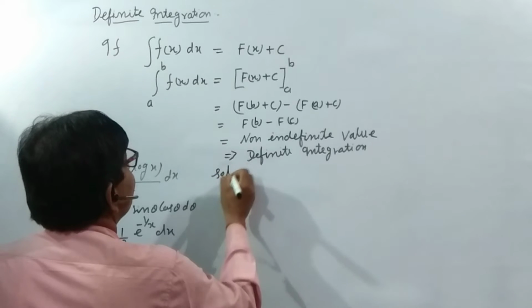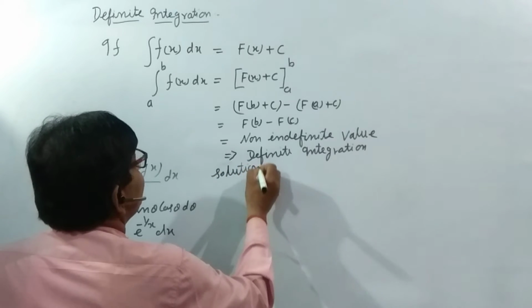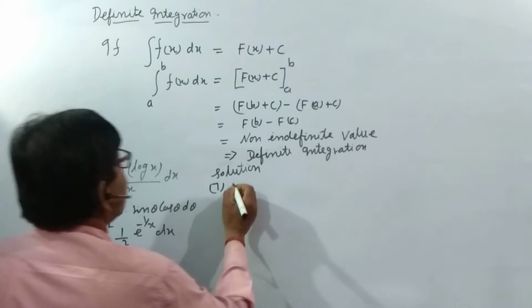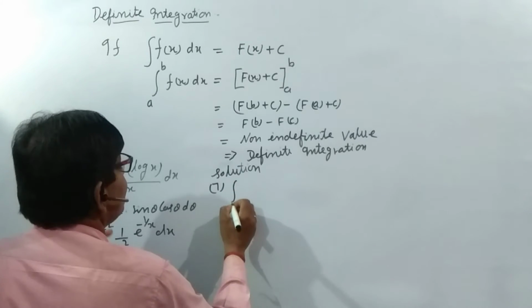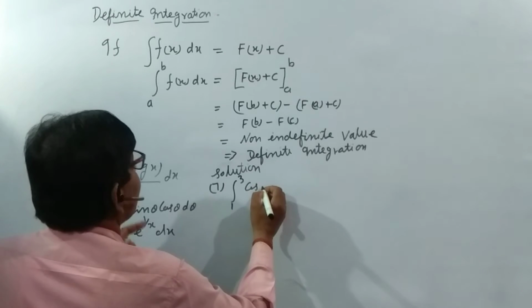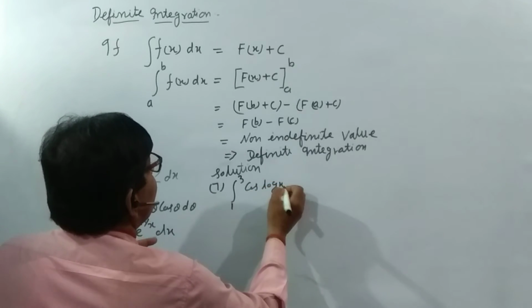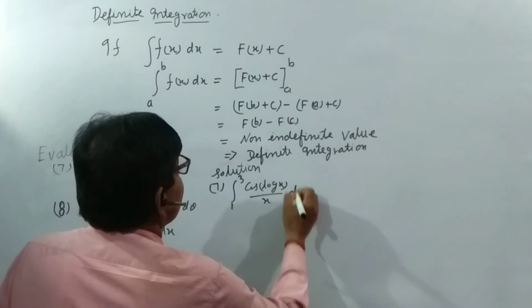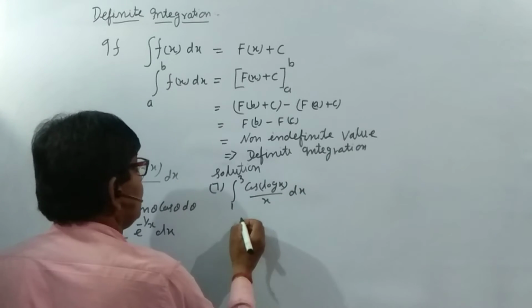Solution of question number 7: the integral from 1 to 3 of cos(log x) divided by x dx. Putting here